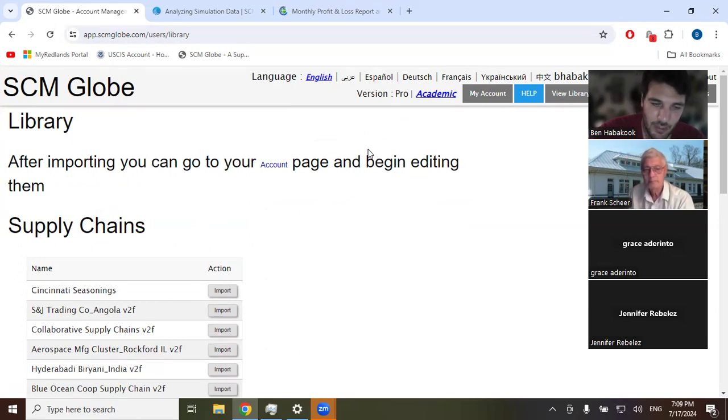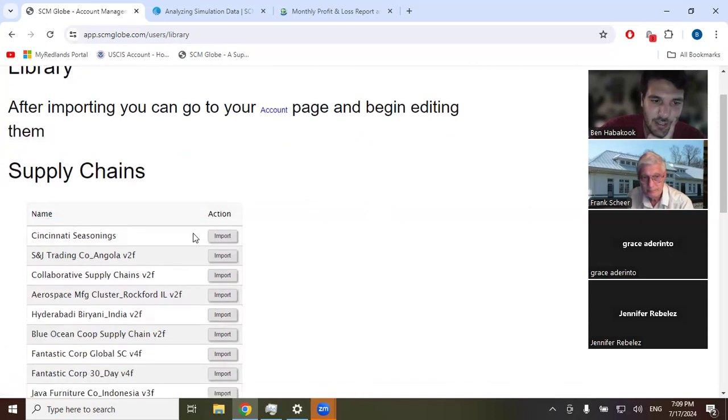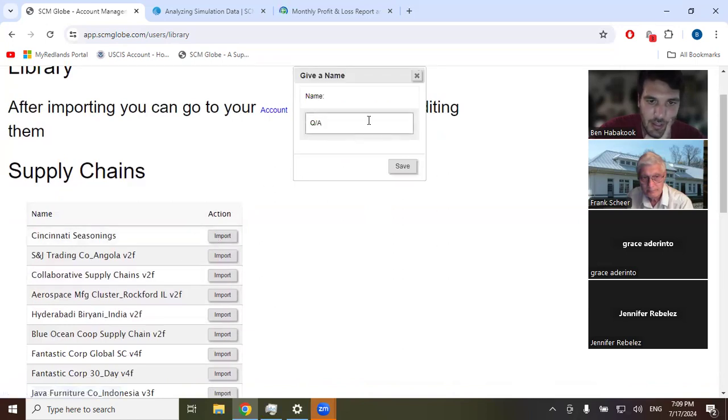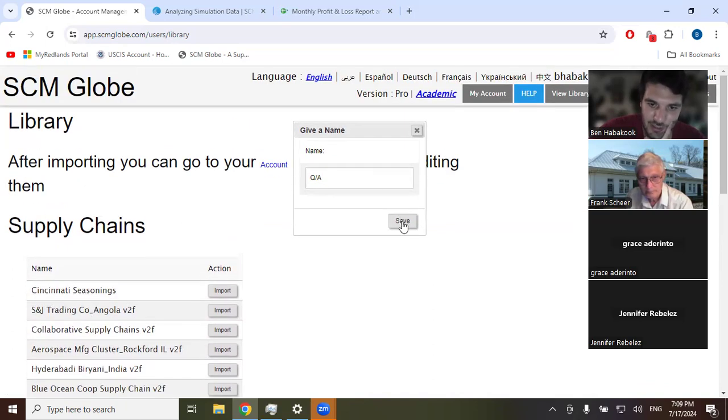And I'll go over how to import the simulation and a couple of things that you can do with it. So once you log in, after you click View Library on the right top side of your screen, you can click on Import. Next to Cincinnati Seasonings, it's the first one on this table that we have over here. You can give it a name, and then you can just click on Save,